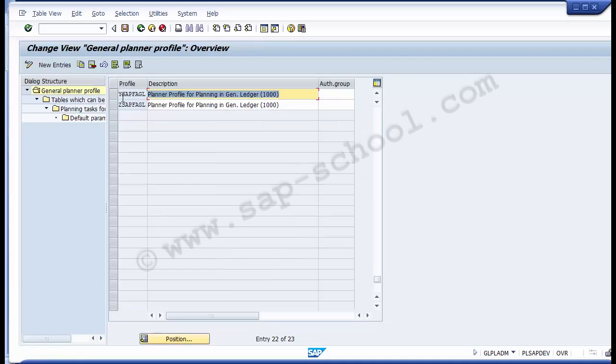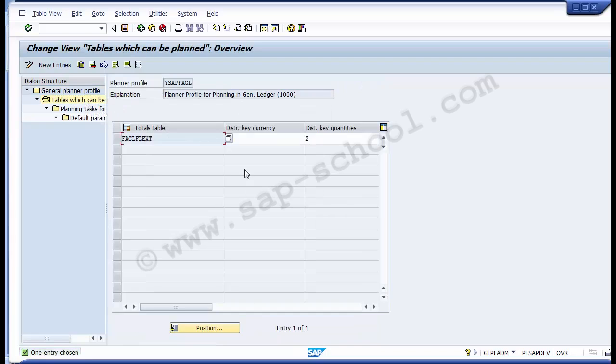I hope it would be easier for you. You need just to select this. Then once you selected the profile Y SAP FAGL, you need to go to the table which can be planned. So this is the table we added. You can select your own total table, and then you can go to planning task for the table, double click